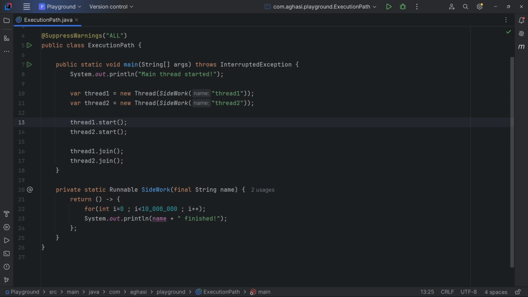Now the scheduler shares CPU time between the main thread and thread 1. After line 13, there are many possible execution paths. For instance, one possible path is that thread 0, which is the main thread, executes line 14, starting thread 2, and then the scheduler switches execution context to thread 1, which executes the for loop in line 22 for